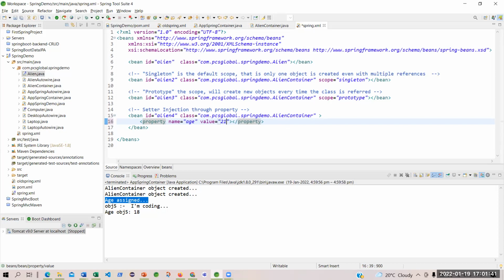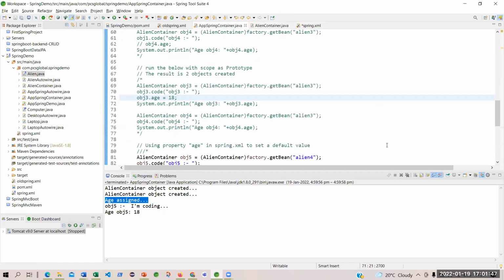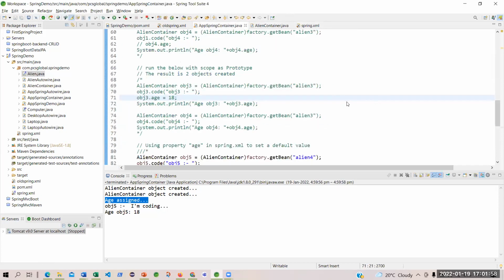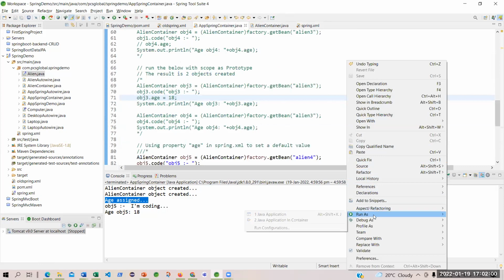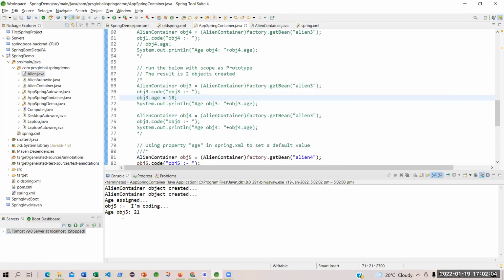Now you see, I have just changed in one place. I didn't change anything over here, I didn't change anything over here. I have to just change over here. Okay. I will run this. Yes, now it has changed to 21. Clear?